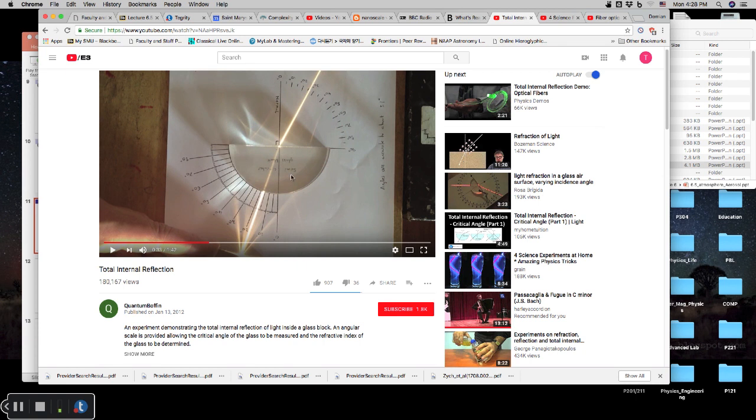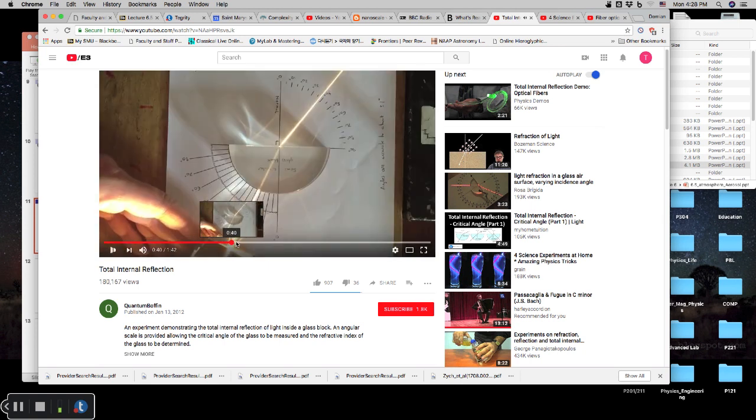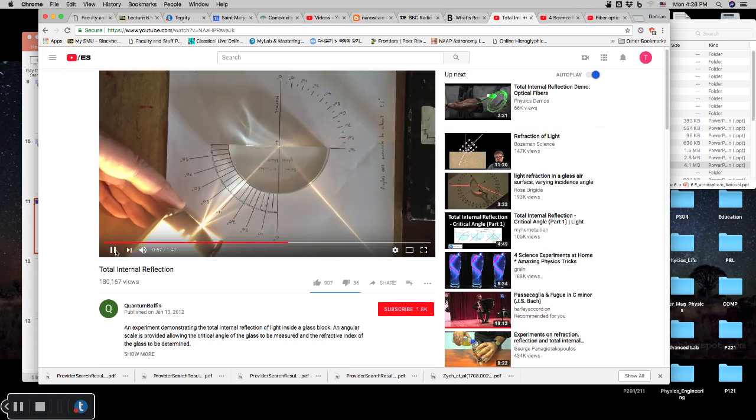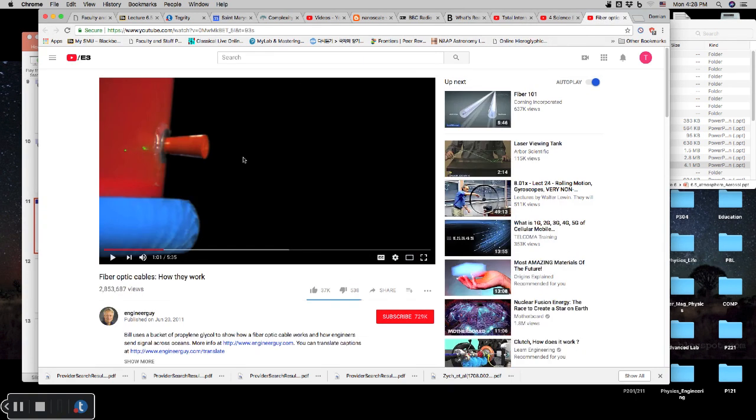This is really with the glass here. But if the angle is large enough, at some point it hits the point where the light is going in, and instead of being refracted out, it is reflected back in. That's what's called total internal reflection. A really cool demo for that is something called a light fountain. This is when the laser light is totally reflected back into the water stream,